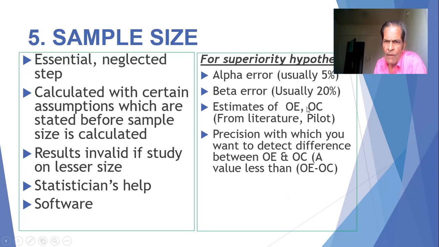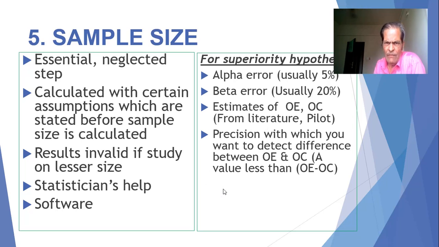of the outcome in the experimental group or outcome in the control group. Outcome in the control group, the information should be available because it is the established line of treatment. But information for the outcome in the experimental group can be obtained from previous phase 2 and phase 1 trials.